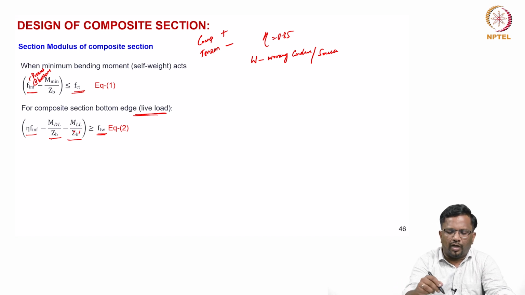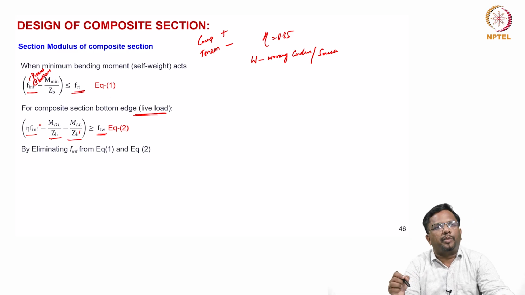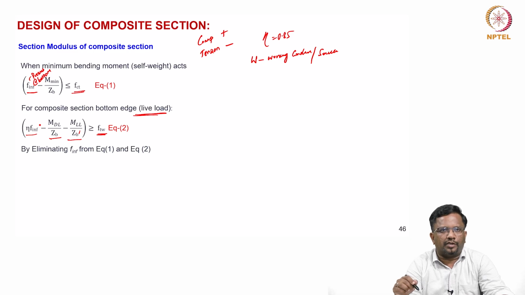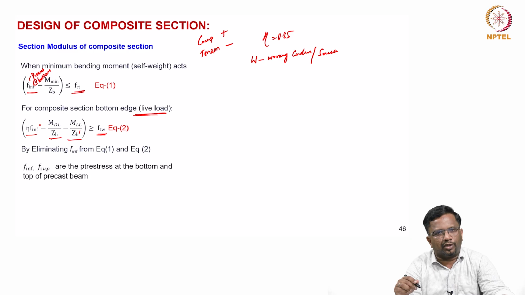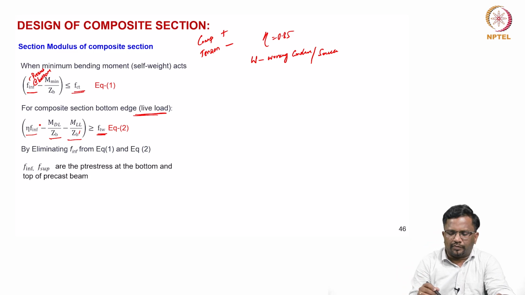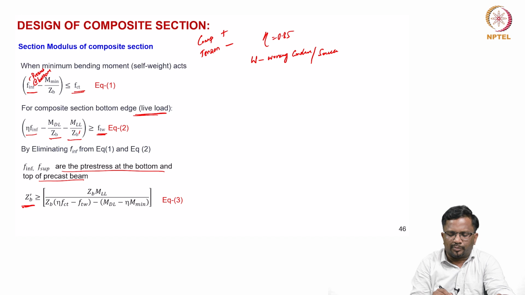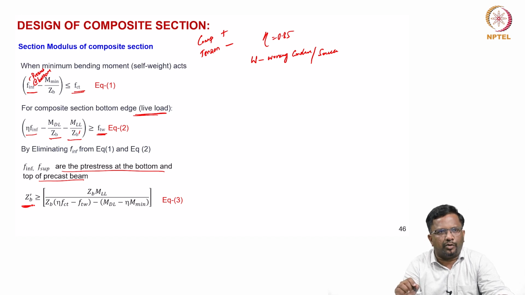Now somehow I have to juggle equations 1 and 2 by eliminating the pre-stress component at the bottom, F inferior, the stress from pre-stress at the bottom, including both axial and pre-stressing moment components. As we said, FSCP is the pre-stress at the bottom and top of the precast beam. Then if you eliminate this by solving, we can find an expression for the section modulus for a composite section